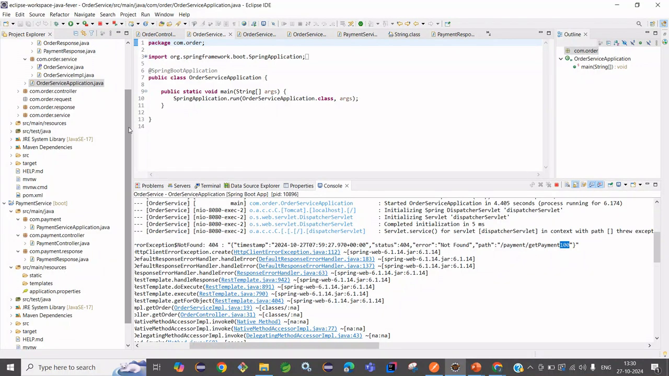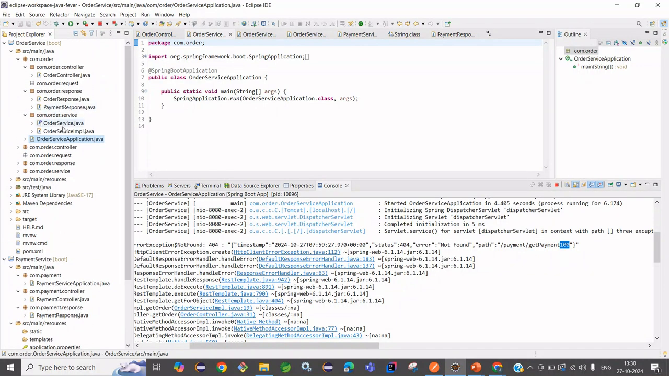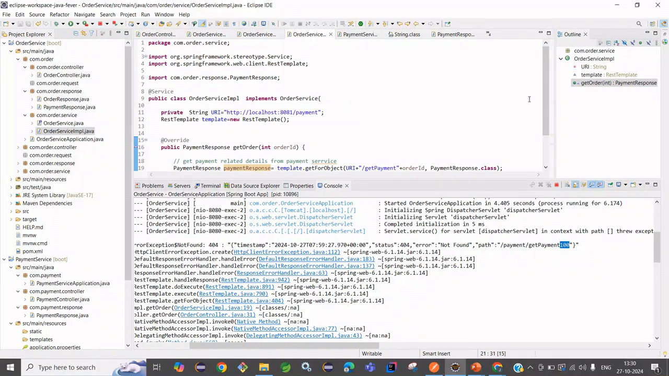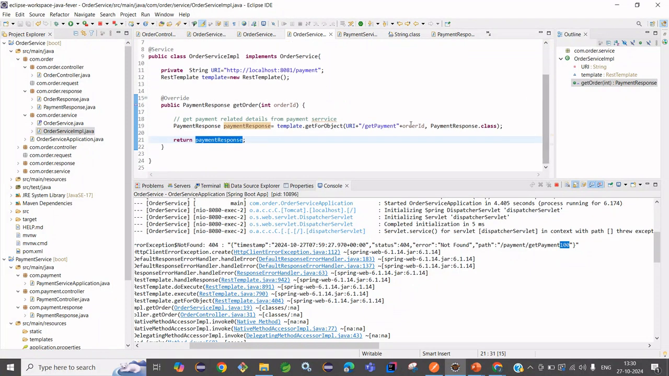So we have to go to order service IMPL, and here we have to put a slash, then slash order ID, this is the URI get payment. So this will be our http localhost payment URL, and then okay. So now let's